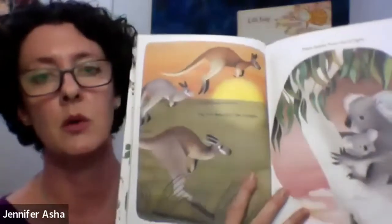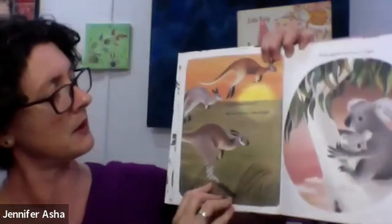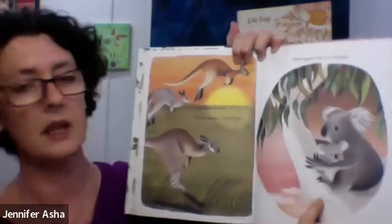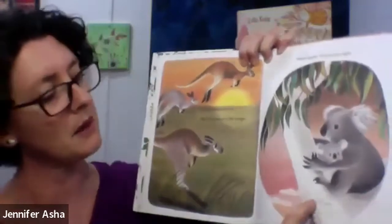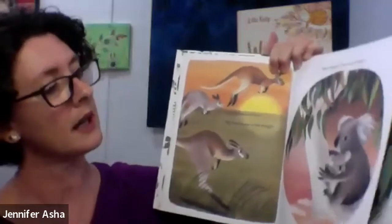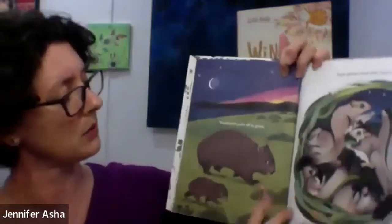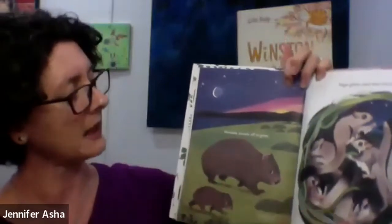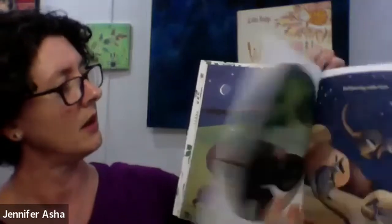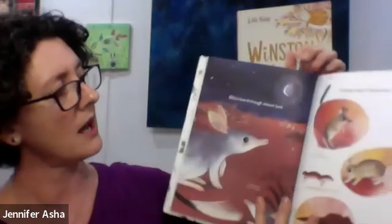We have short rhyming sentences throughout the main part of the book, with the labelling of each of the marsupials' names in both their common name and their scientific name. So again, there's a bit of a scientific informative purpose coming through. But we learn the facts as we follow the day and discover the creatures that are nocturnal and that are